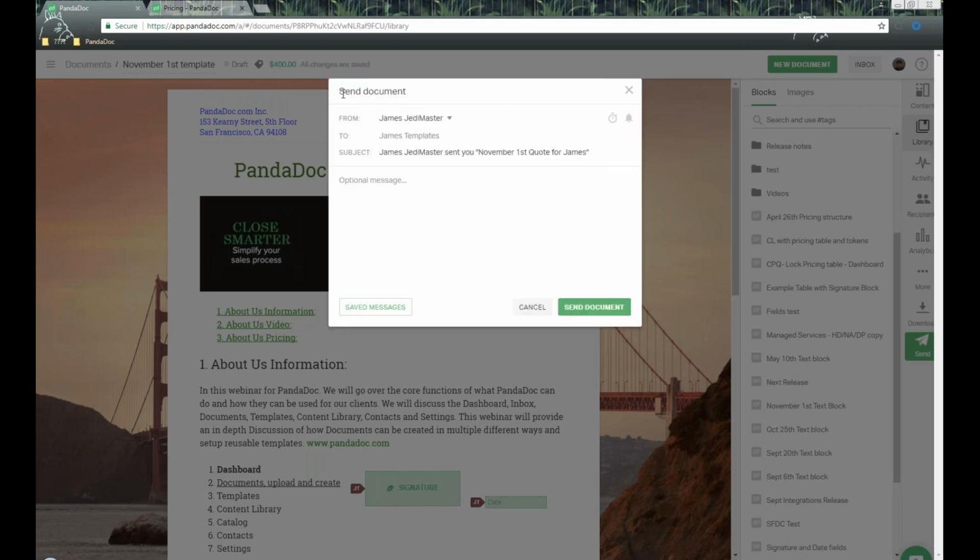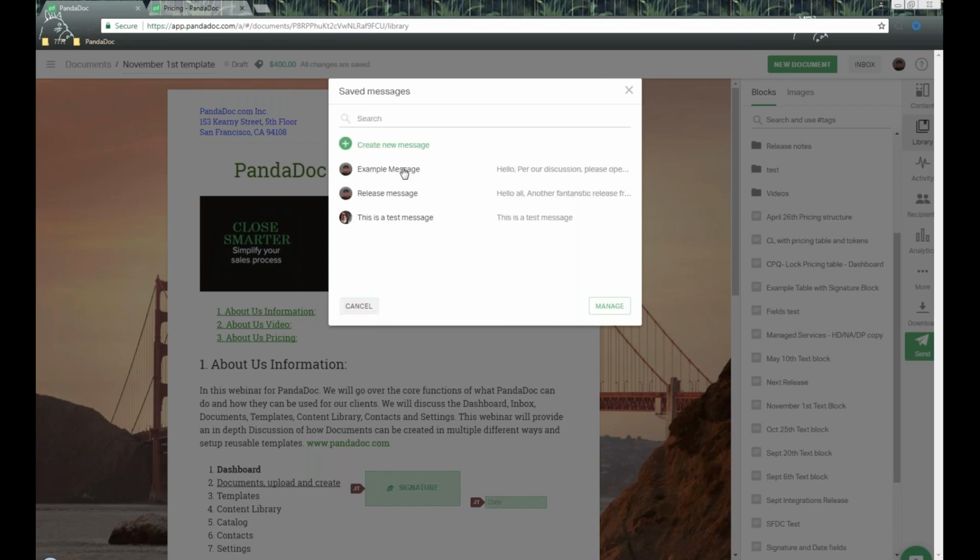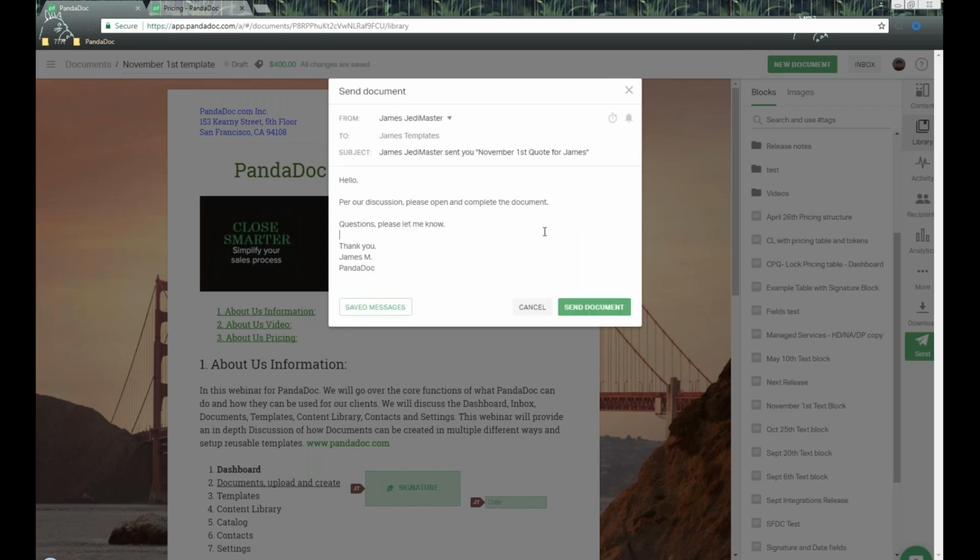The next thing that pops up here is the send document screen. From here we have some options. So if we're using the expiration, that's going to let us know when that's going to expire, and also that reminder option that I have enabled. We do have the ability to modify our subject line, so the subject of the email our recipients receive, we can change that up. We also have an additional message option that we can put some message to this person, but we also have a saved message option that we can click on. We can create new messages or use existing messages that we've created in the past. For example, my example message, when I do that, it automatically populates that out, and now I can send the